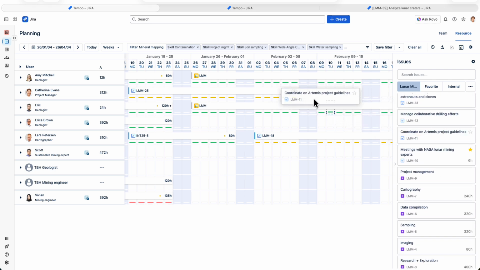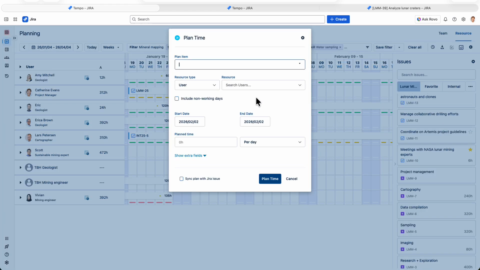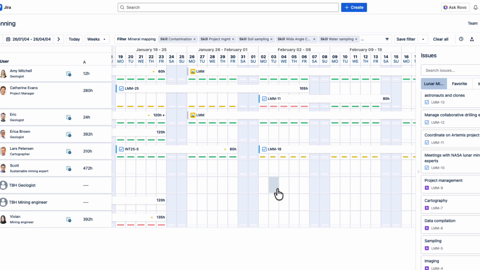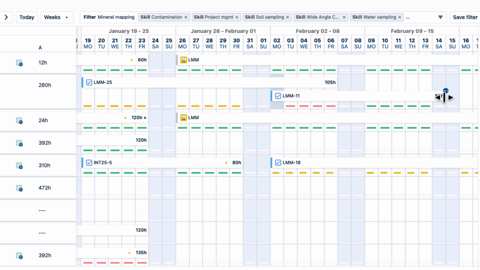So I'm going to drag this work item to Catherine's timeline and then create a plan for 2 weeks for 8 hours a day. This is a mandatory meeting whose time can't be changed. So you can see that Catherine's going to be overbooked here, but I can split this plan and share it